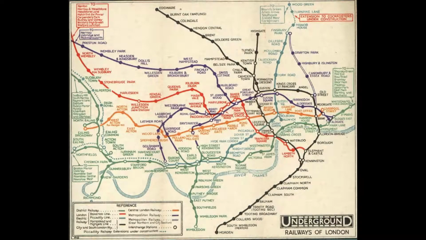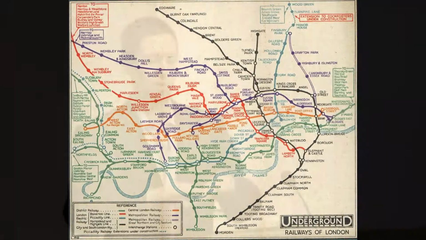So at the same time that Kandinsky and his students were doing some really interesting work with abstraction, there was another pivotal event in abstraction in cartography. This is the London Underground Tube map from 1932. And what you see here is a map that chose to retain fidelity of geolocation. So the location of all of the stations and their tube lines here is representative of the reality of their location in the city.